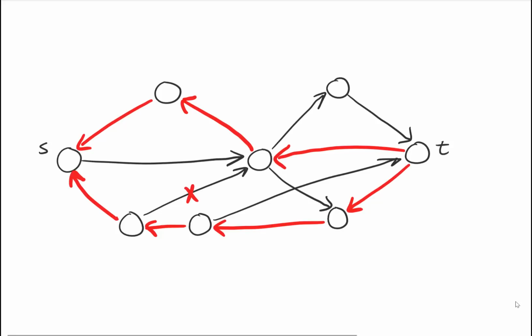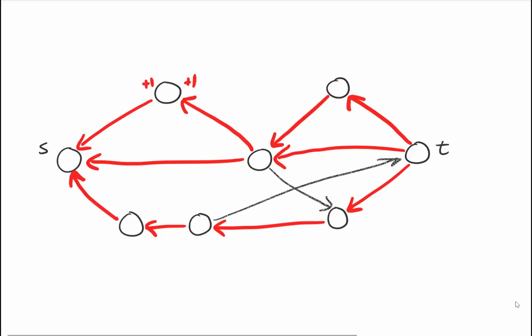One thing you can be realizing here is if you only look at the red edges, look at those internal nodes. The internal node has one leaving on the reverse edge and one coming in on the reverse edge. So that property is being maintained every time we find one of these new paths through this new graph that we formed. And so let's do this again and find another path. So the last path that exists is this one, this, and then this. And so if I just remove all the edges that aren't the reversed edges, you'll notice that the sum of the incoming edges always equals the sum of the outgoing edges.